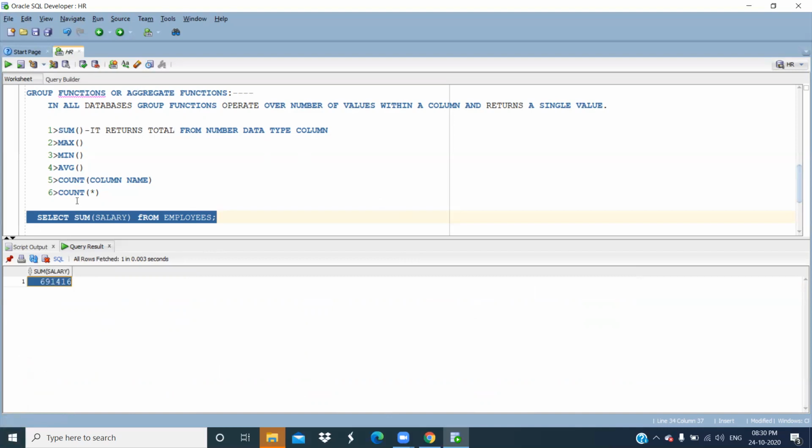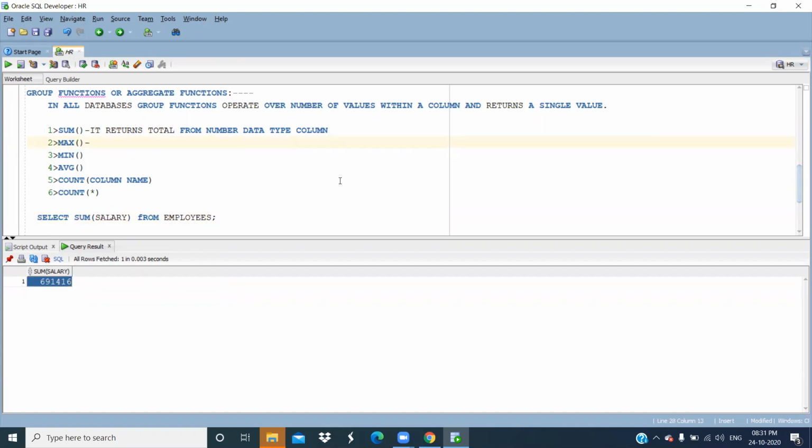Before this, we have relational operators also, like plus and minus, but that works for two or three values, or for specific columns. Sum, addition, subtraction are those operators. But this sum will take a group of values, and after taking the group of values, it will give some output. Got it?